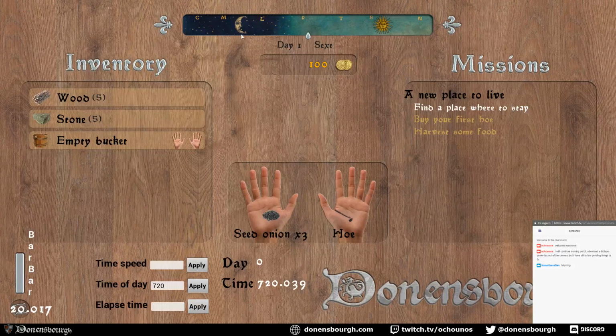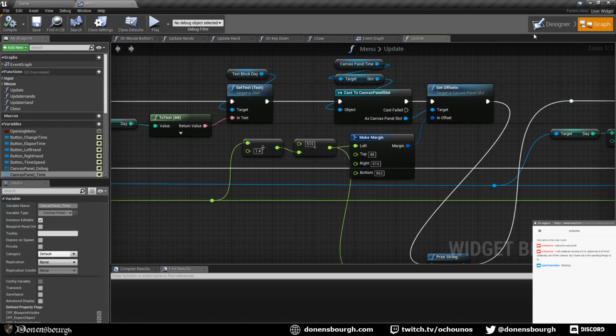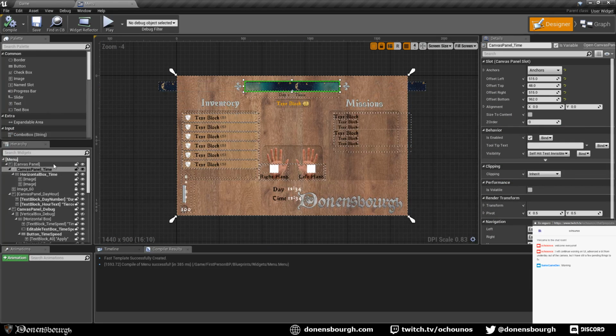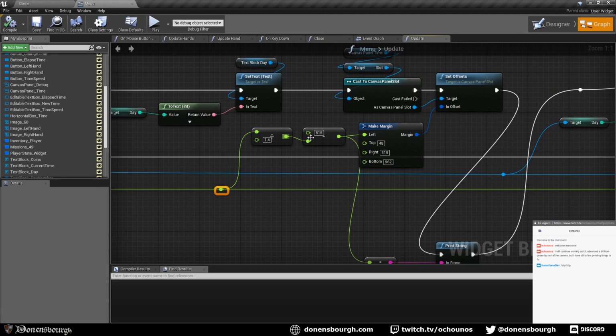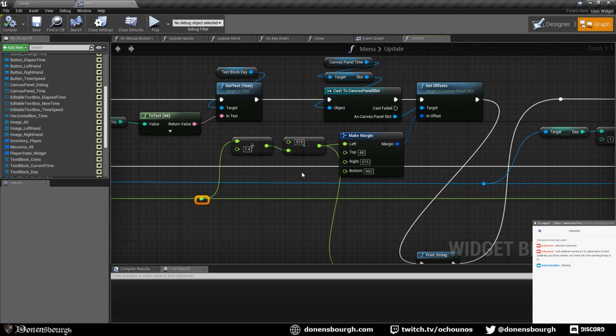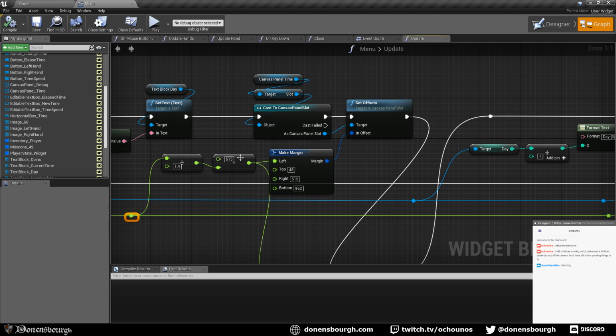I was doing this one for the time, and the thing is trying to manage the displacement for this one. One of the problems is that this one is centered, let's say, with all the panels, so it's not according to the screen. This one should be in the middle of this one, and then I just need to do a small maths about time in minutes and then convert into the size of the image that I have, 1000 pixels, and then just taking the original position of this